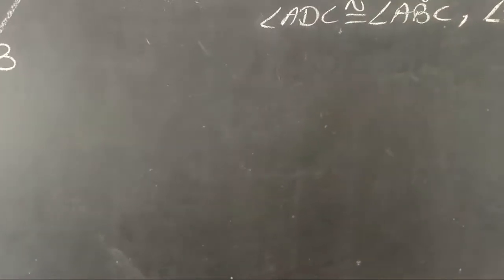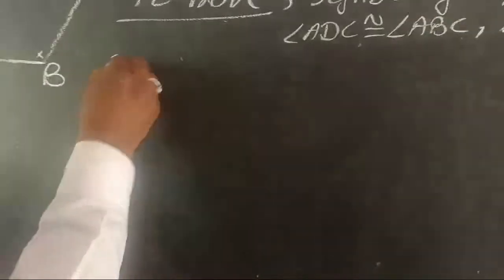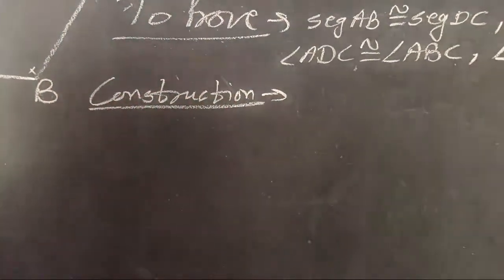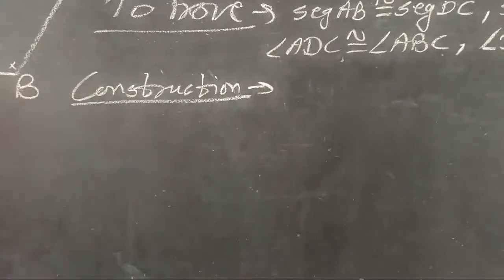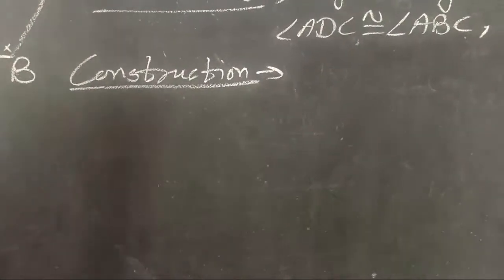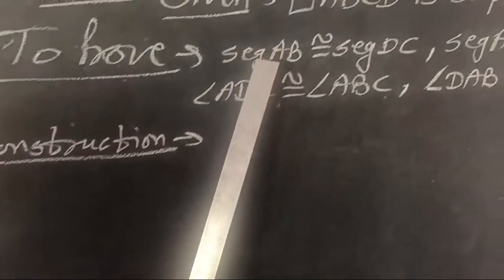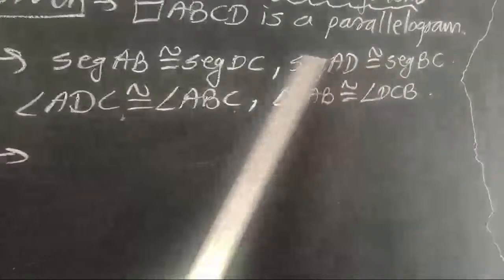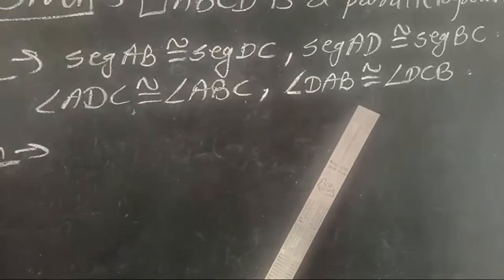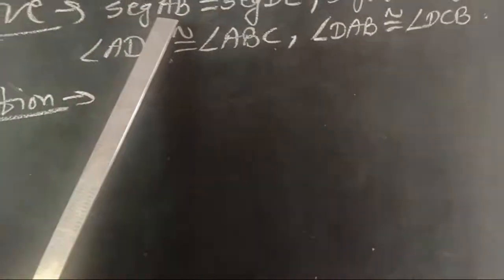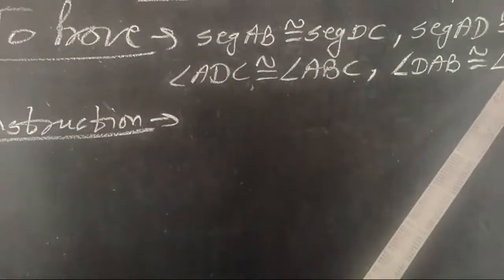The next part is construction. What do we do in construction? First, we show sides are congruent. These are sides. Is it correct? These two pairs are sides, and these two pairs are angles. When we say that corresponding sides are congruent,